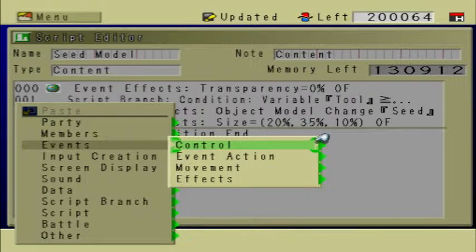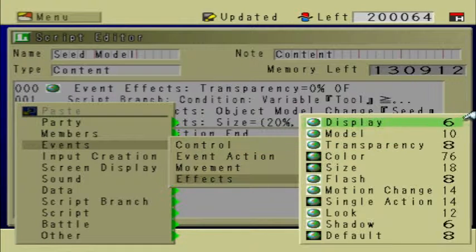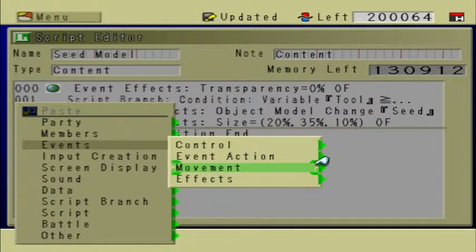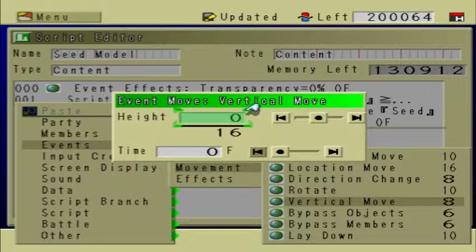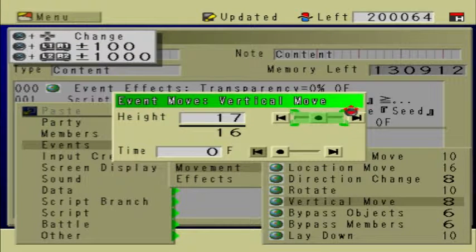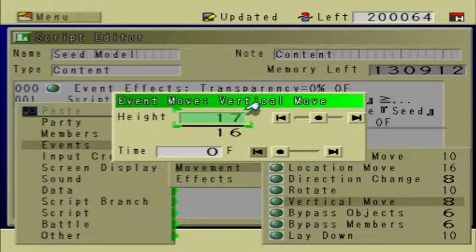The seed also has to be at the right level, because right now it's not at the right height. So what we have to do is go to Events, Movement, Vertical Move. We have to place it right on top of the dirt. And I believe the correct height for this will be 17 out of 16. And 16 units tall is the exact same size as a cube in RPG Maker 2. So 17 is right above the surface of the dirt,